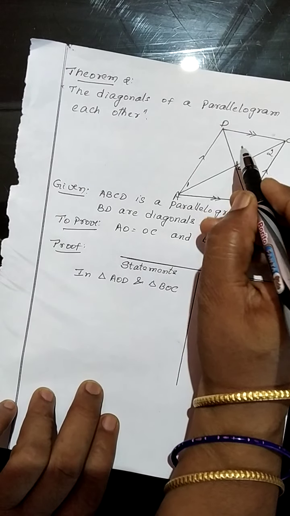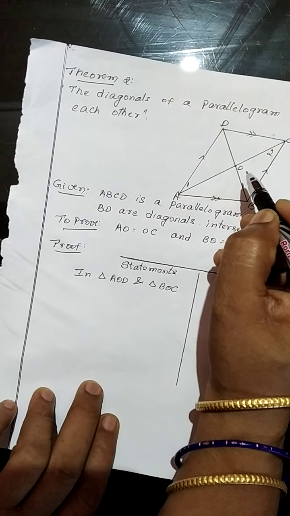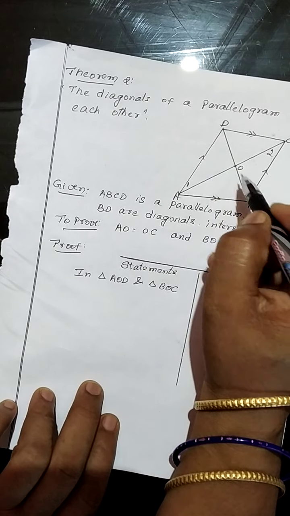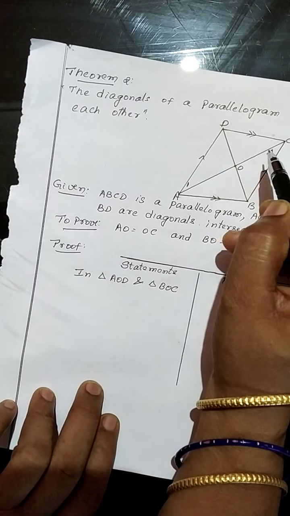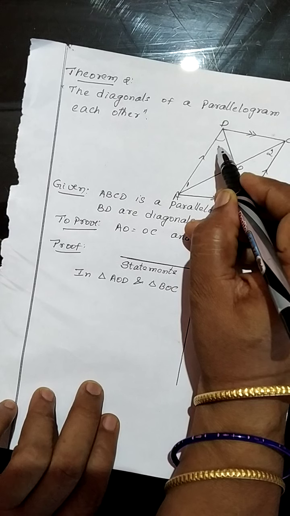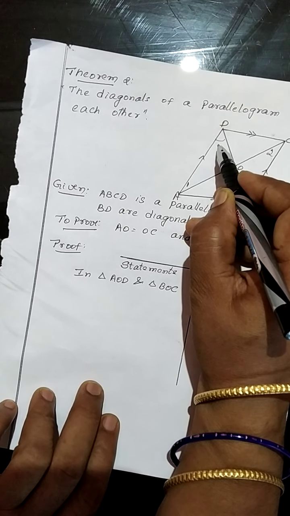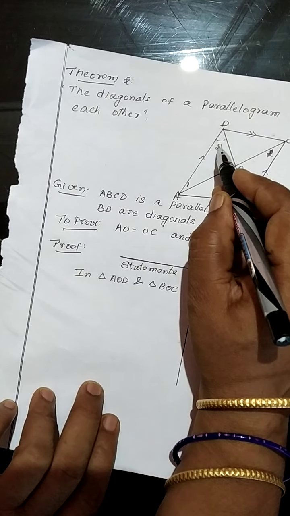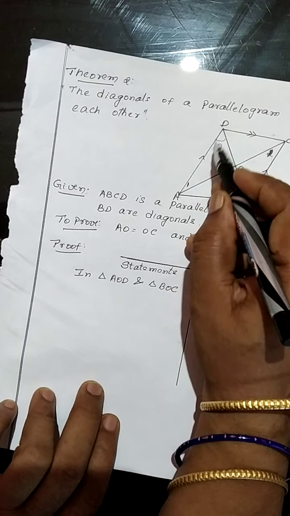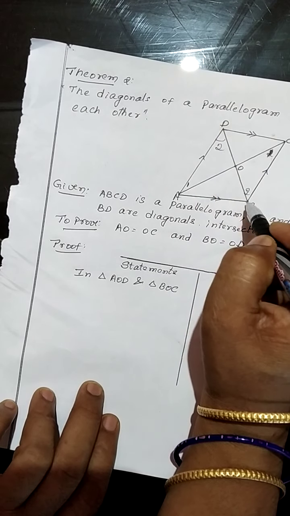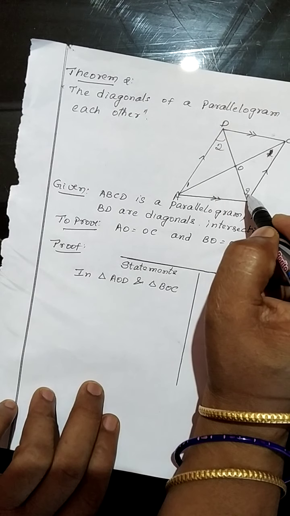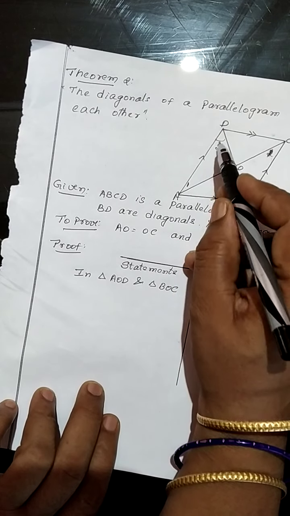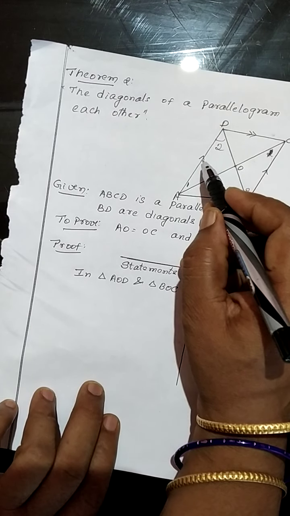Okay. Now, here we have another pair of angles. Now, see here, another pair of angles are the angle ADO. Here can I take 2 and 2. This is 1. So these two angles are equal again for the same reason, that is AD is parallel to BC and BD is the transversal. These two are the vertex angles. Now, two angles you got, angle, angle, and one side in between, included side must be equal.